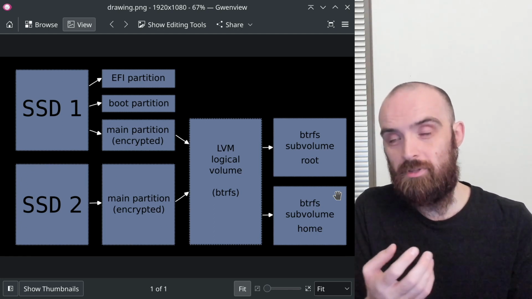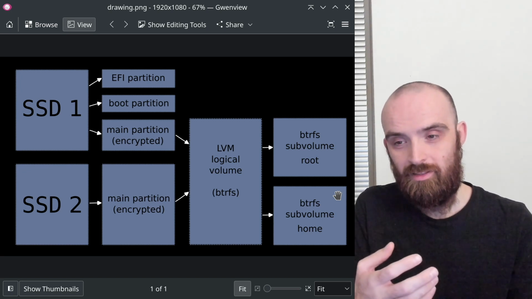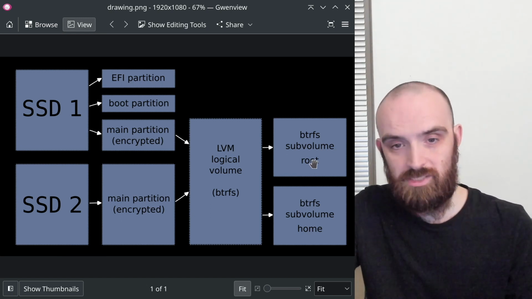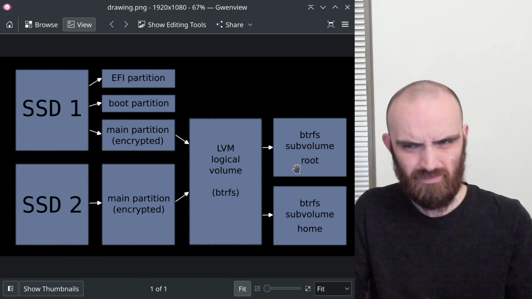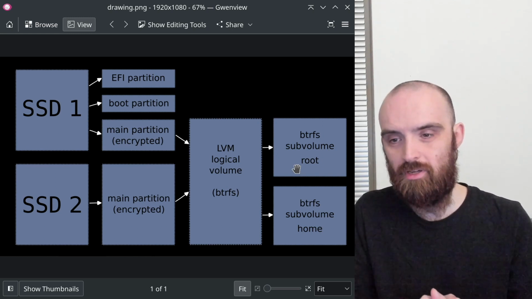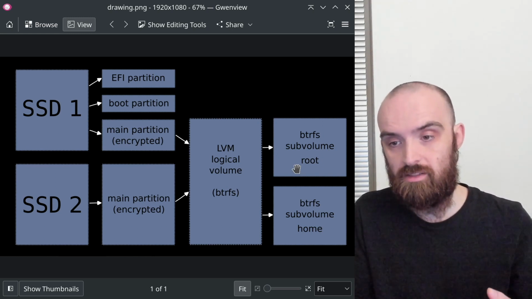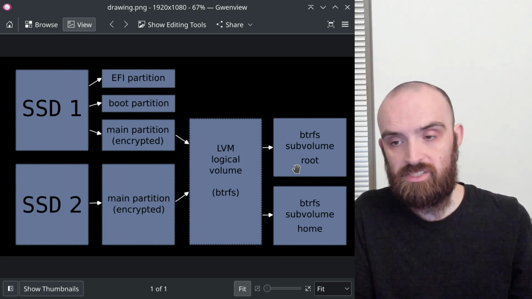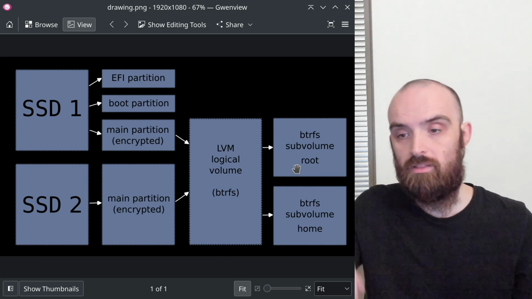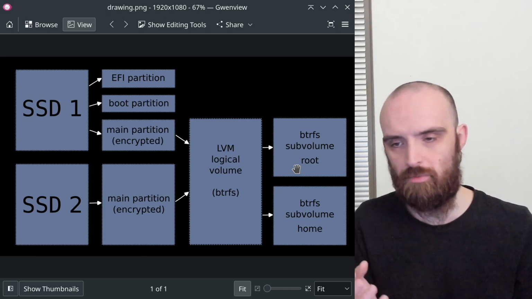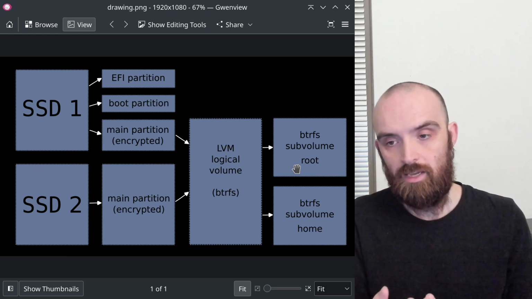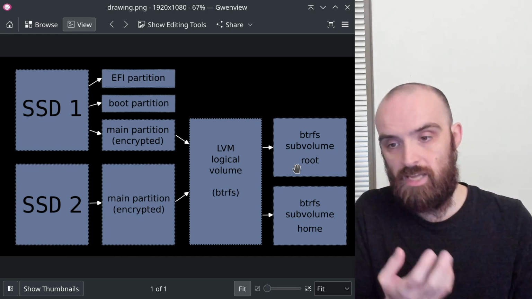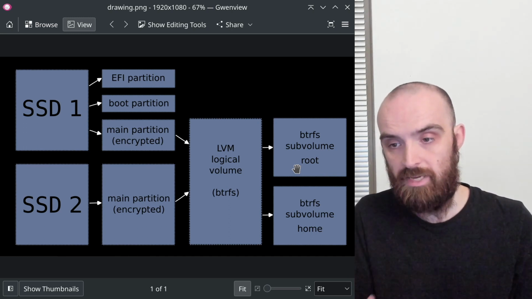I'm not sure what will happen if, for example, you're taking a snapshot of the root subvolume and it was a very large size, and maybe it was the first snapshot, or the previous snapshot was very different from this new one that suddenly had a lot of data. Maybe that would take longer. I'm not sure about that. But in any case, it is definitely true that btrfs creates snapshots very quickly,